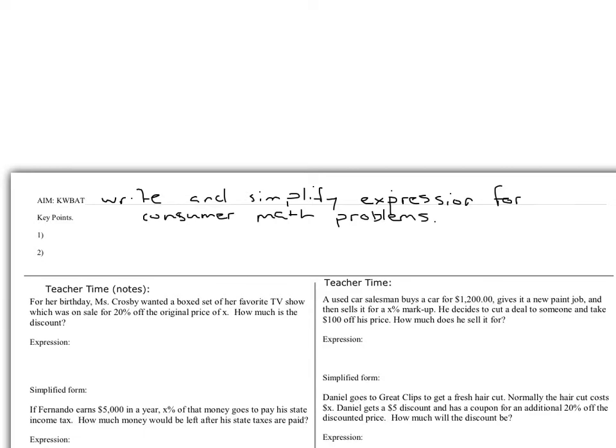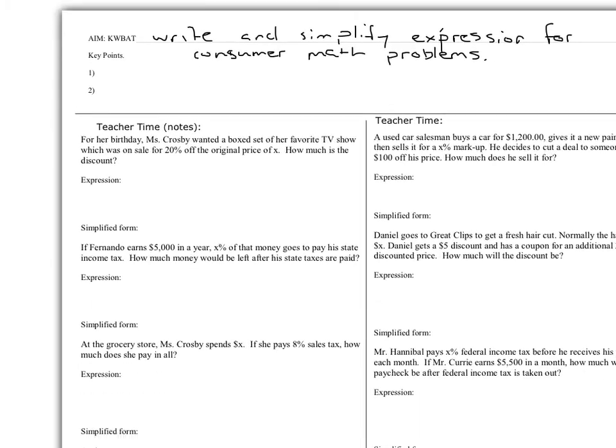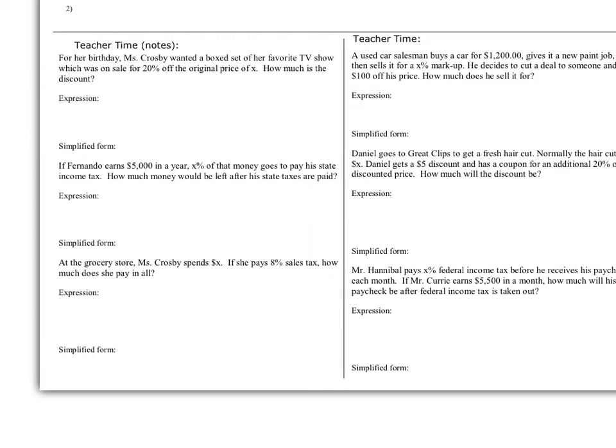So when we talk about the word consumer, that's somebody who buys stuff. So when we're talking about consumer math, we're talking about math that generally has to do with people buying stuff. Generally also has to do with things like taxes and when you make money and all kinds of stuff like that. So generally consumer math has to do with money type problems. So looking at this first one,